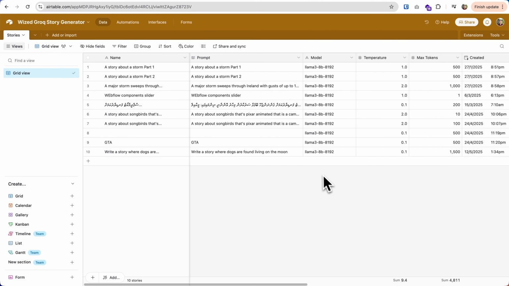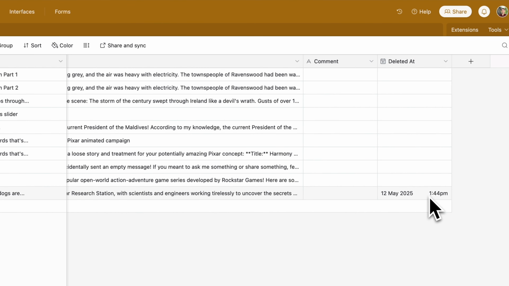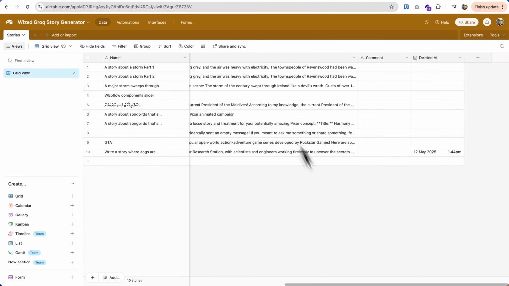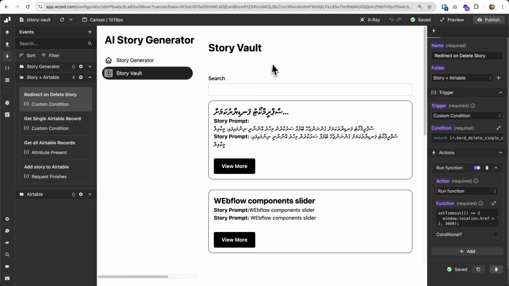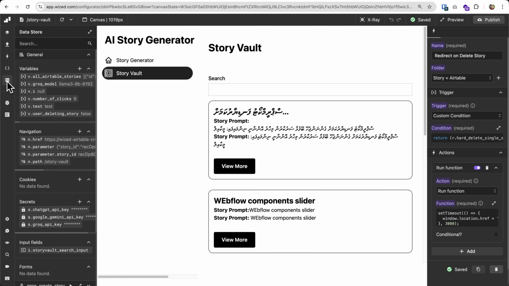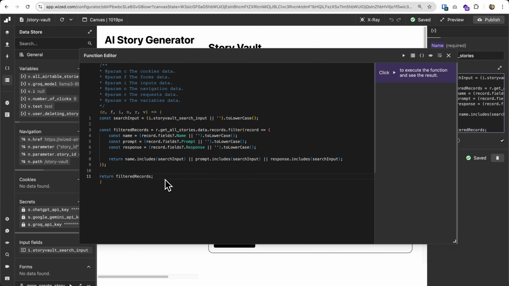Over in Airtable, we can see that it has added the deleted at date. Perfect. Now, the last step is we need to update our request that pulls in stories to not pull in any that have a timestamp for deleted at. There's two ways we could go about this. The first is in the data store, we have a variable to hold all records that we get back from